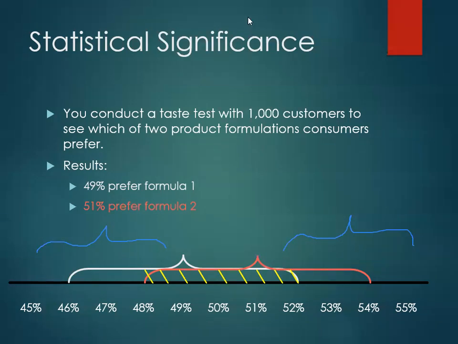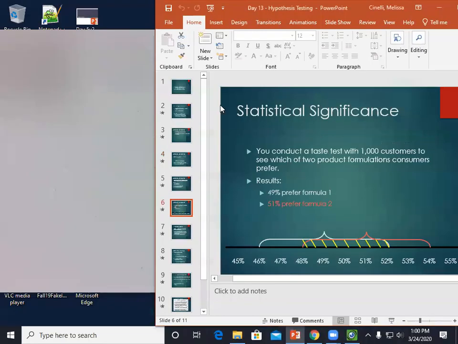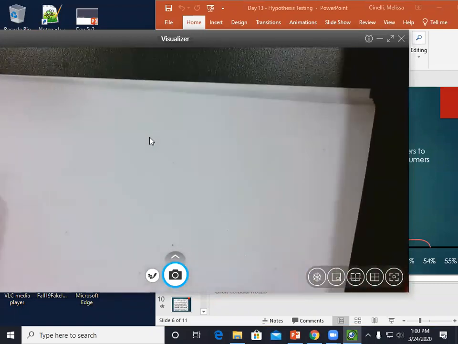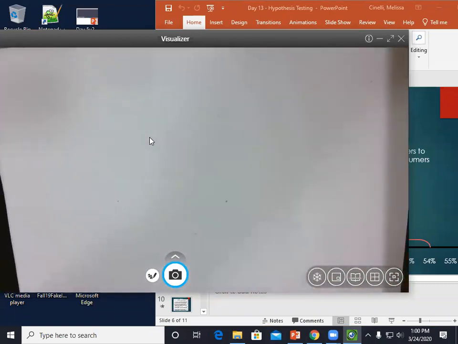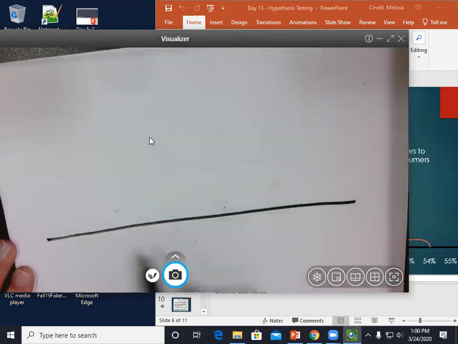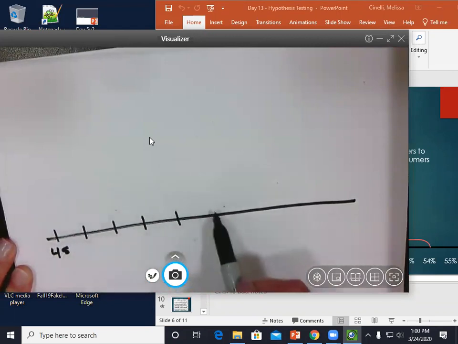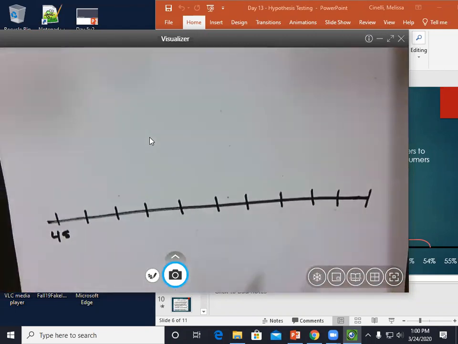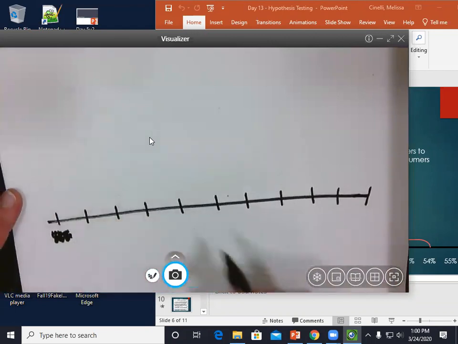Let me see what I have to do here to get this screen off. All right, back to the document camera. Let's say that we asked about preference for these two things. All right, what's happening here, let's get rid of this 45, and let's say that we have